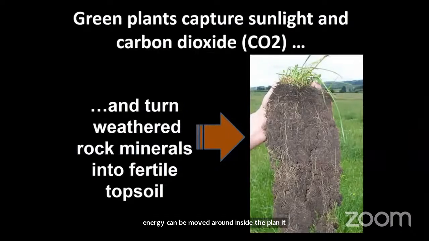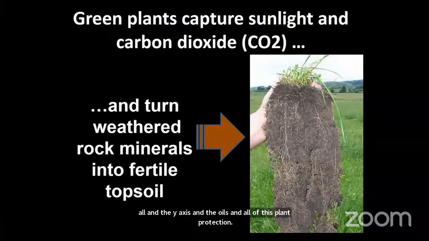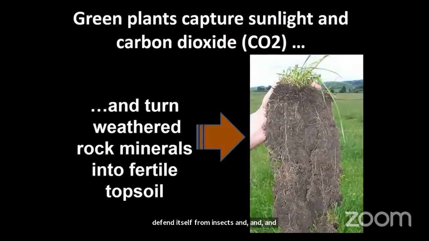It can use some of it to build itself, so it can join the carbon atoms that it's produced during photosynthesis, during the production of that glucose, to make cellulose, which is what its leaves are made from, and to produce the starches and things that will be in the grain, and the lignin that's going to be in the roots, and the waxes and the oils, and all of its plant protection compounds that it will use to defend itself from insects and other diseases. So in that process, it is also going to be exuding carbon from its roots to build topsoil.